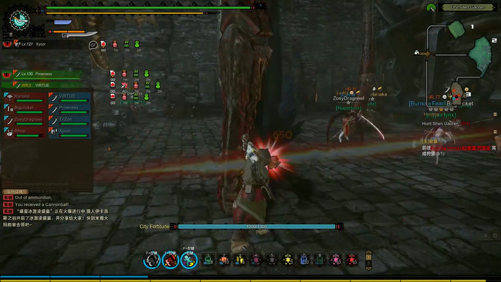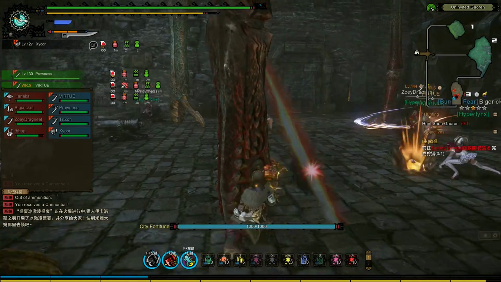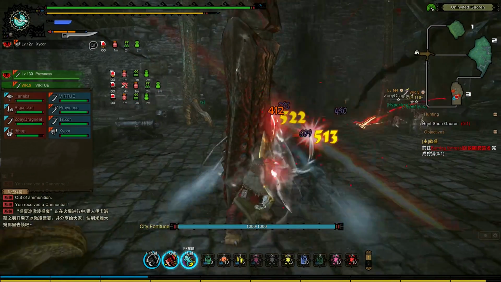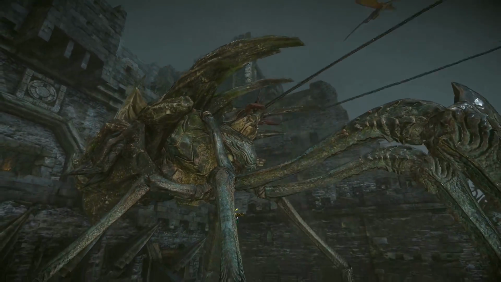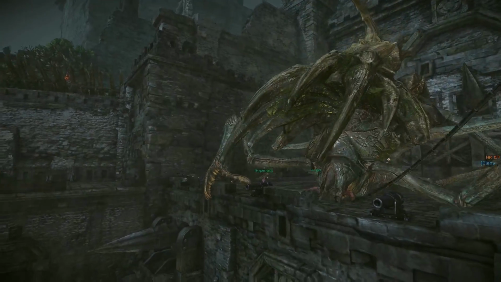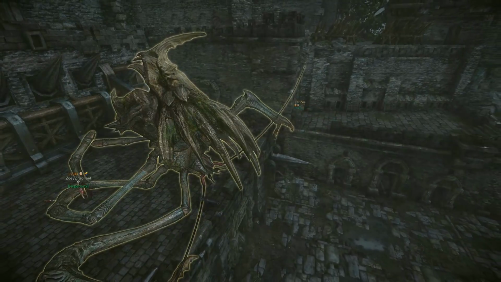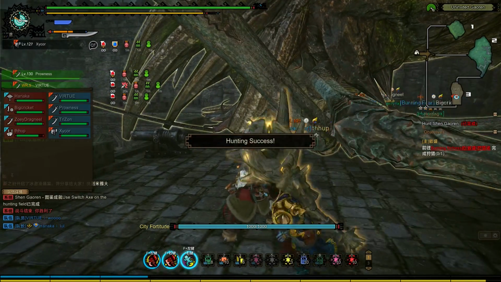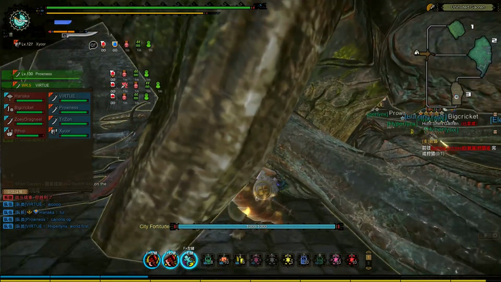So, attacking the legs. Always gotta switch to sword mode. Sword mode always does more damage anyway. There we go. Took it down. Looks like we didn't break the horn though, which is unfortunate, but at this time I don't think we really needed the horn that much, because Shen Gaoren equipment at this time wasn't